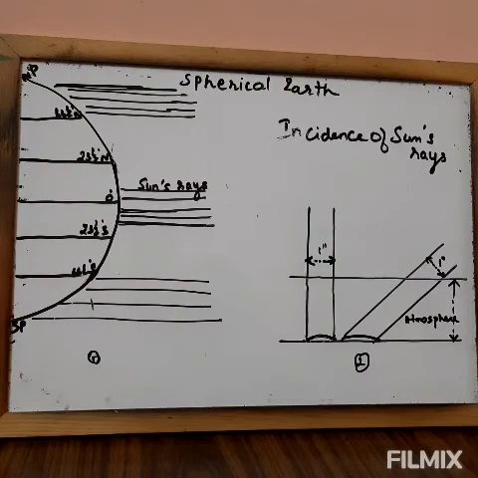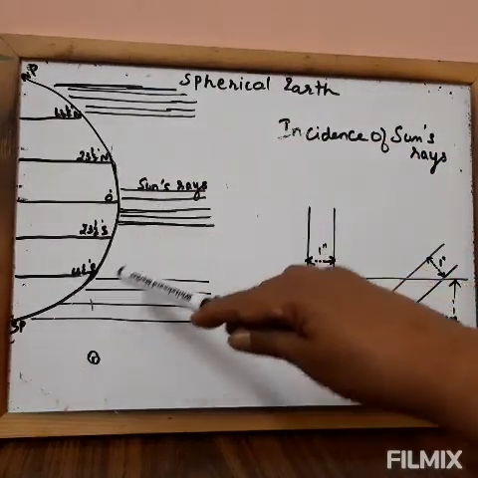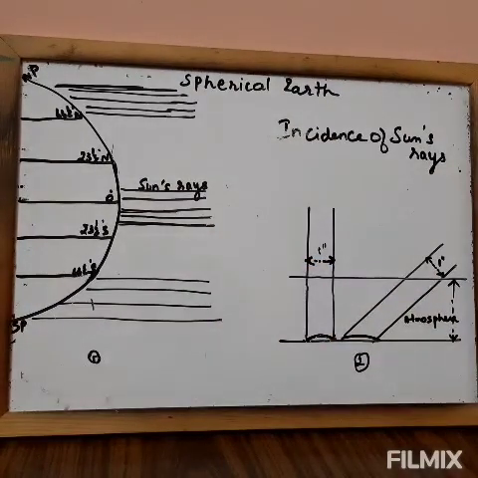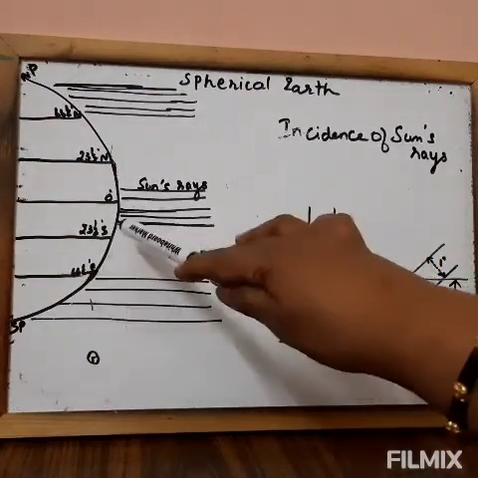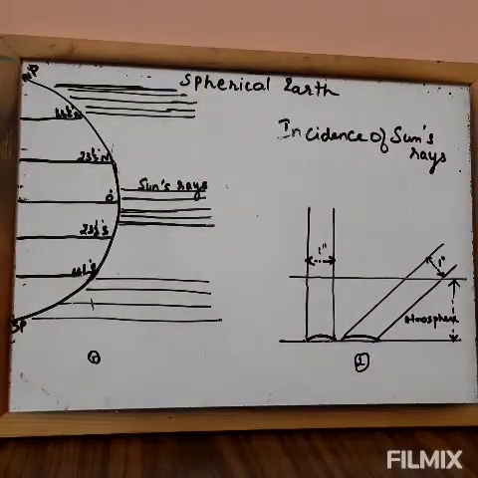So this difference in heating the earth's surface and the atmosphere is compensated by circulating heat, by ocean currents and the planetary winds. So the heat from the excess zone is transferred to the deficit zone. So the heat is circulated by ocean currents and planetary winds.